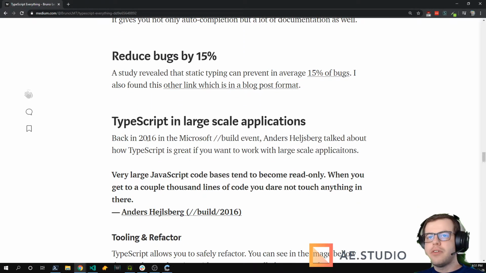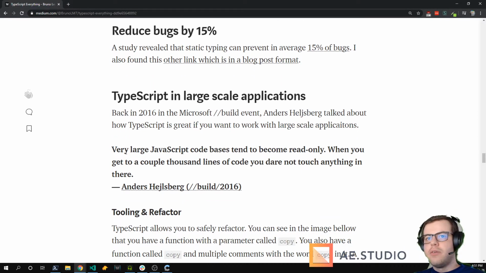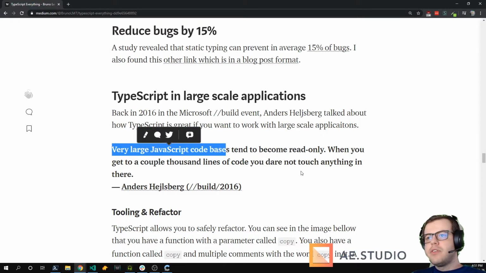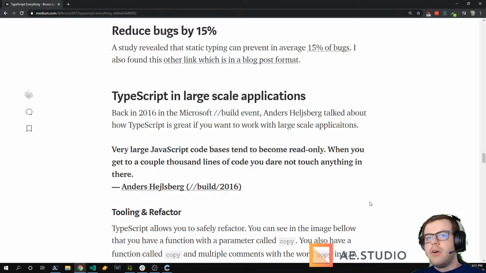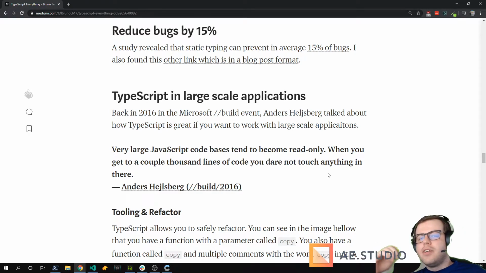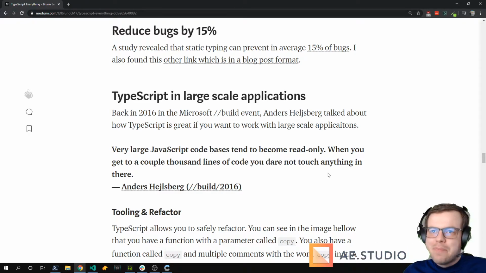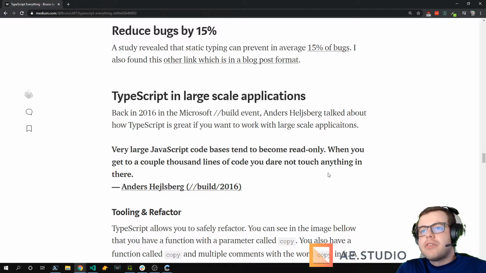So back in 2016, during this build event, Anders said something that really caught my attention, which was: very large JavaScript code bases tend to become read-only. When you get to a couple thousand lines of code, you dare not touch anything in there.